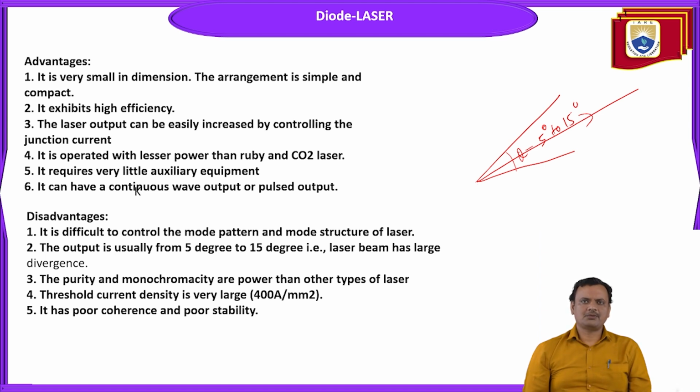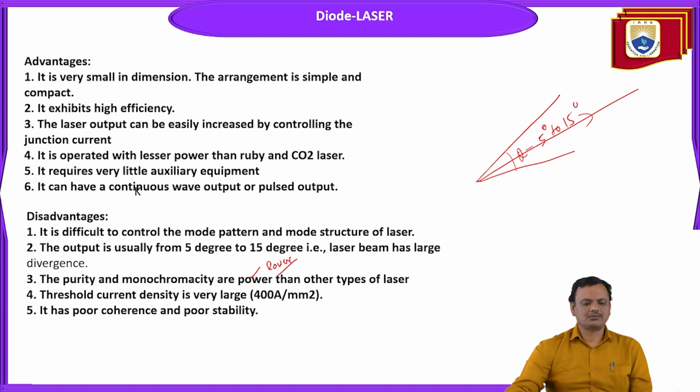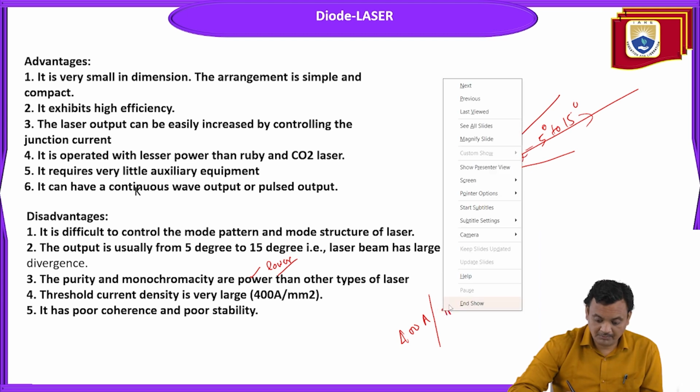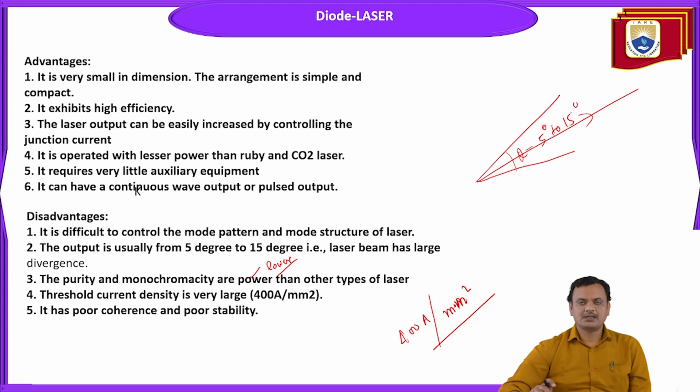The purity and monochromaticity are lower than other types of laser. Threshold current density is very large, 400 ampere per millimeter square. Okay, it has poor coherence and poor stability. Whatever light you get will not generally be well in phase. So coherency is a little bit debatable in